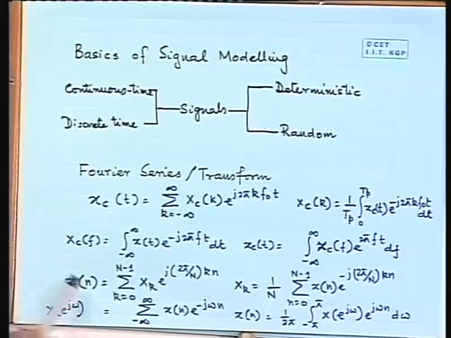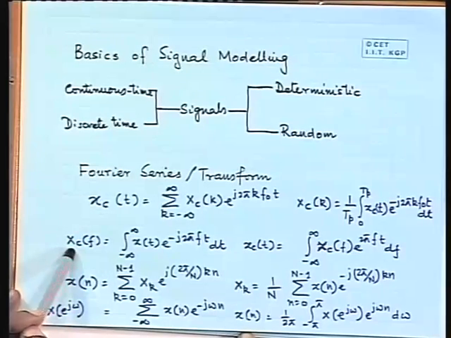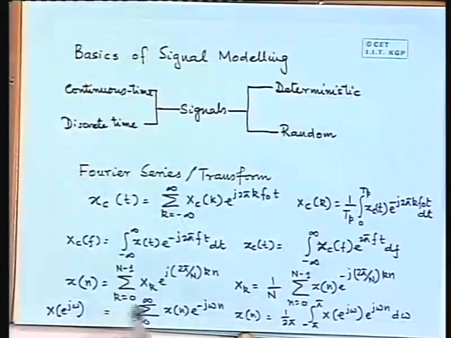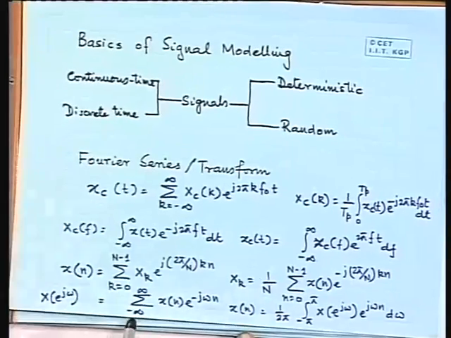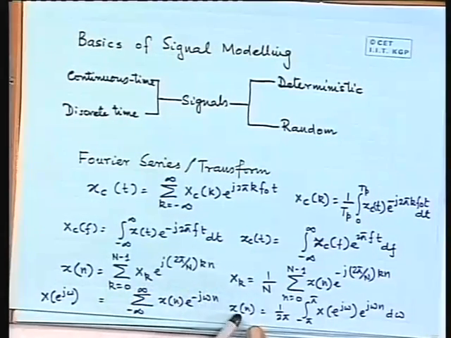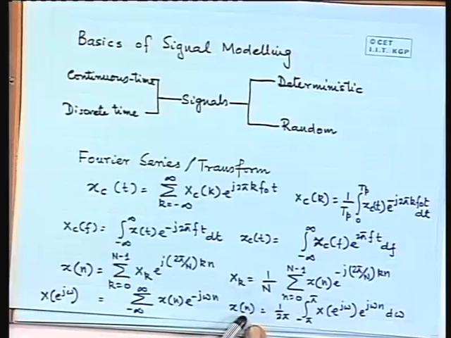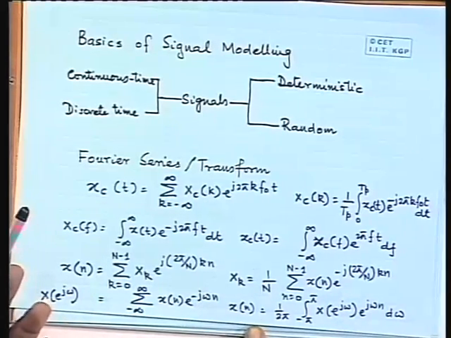Similarly, just like here you can have an aperiodic signal, here also you can have an aperiodic signal. You can have an aperiodic discrete time signal, which is not periodic, which does not repeat itself. In which case you have to define what is known as the celebrated discrete Fourier transform, or DFT. So the discrete Fourier transform is actually defined like this, and you can again get back the sample values from the discrete Fourier transform using an inverse DFT.